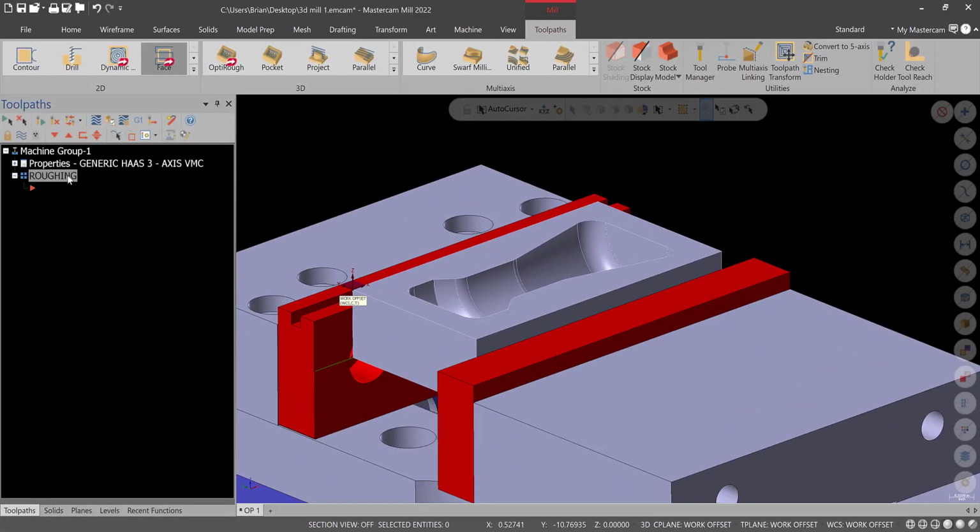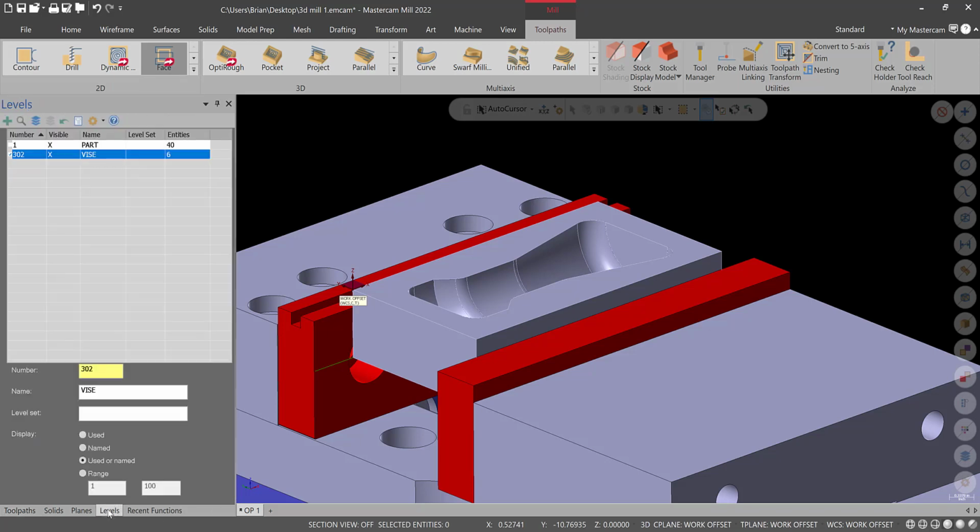Alright, so I changed my mind. I want to rename this first toolpath group as stock. And let's do a toolpath group. So I'm going to go to levels. I'm going to do a new level 2. This will be stock. And let's do a bounding box